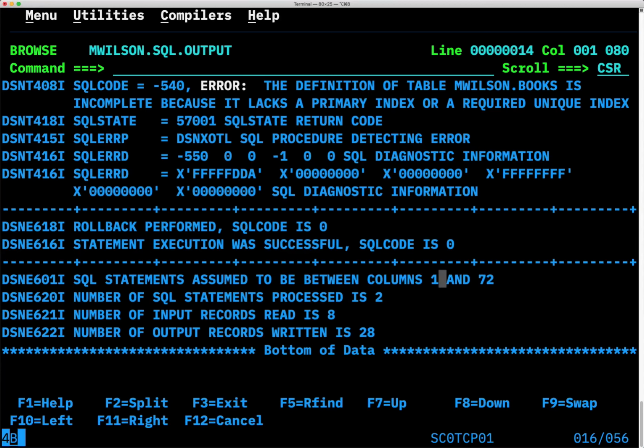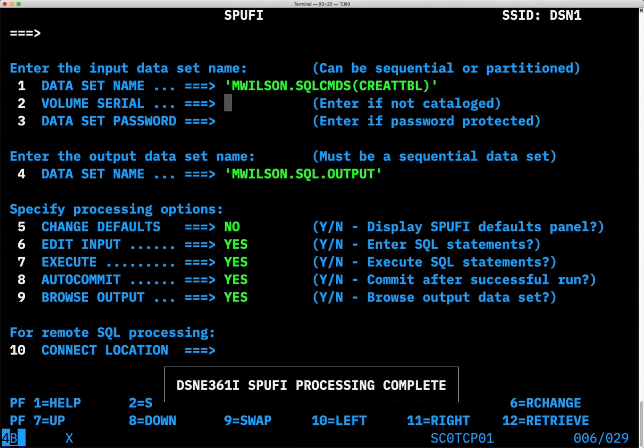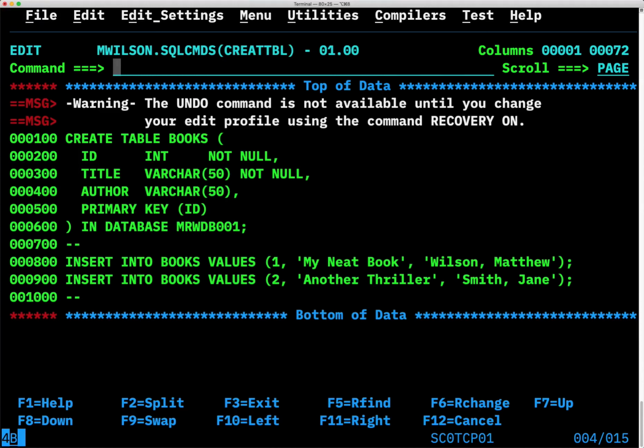We'll look at why that is in a moment, even though this we said was an 80 byte record size. Okay, so we exit out of that, and if I just hit enter again now, we're back in the edit phase. I'm back in that same file that we saved before, and we know we need to create our